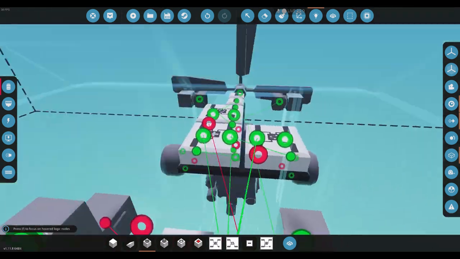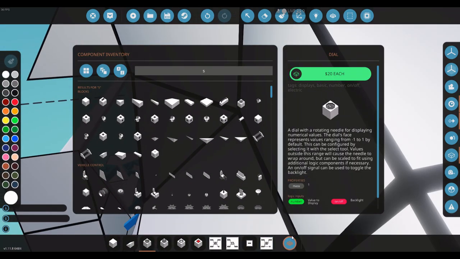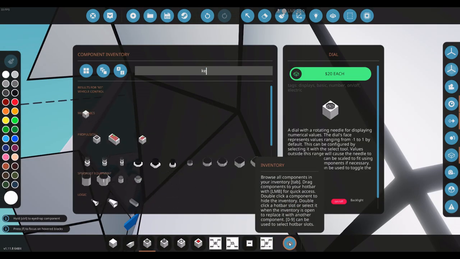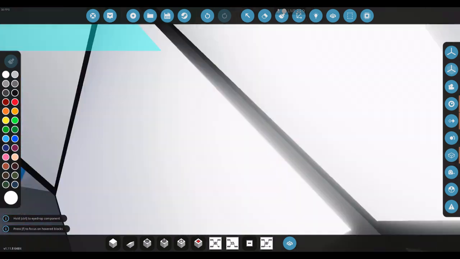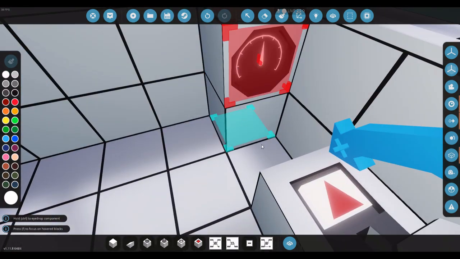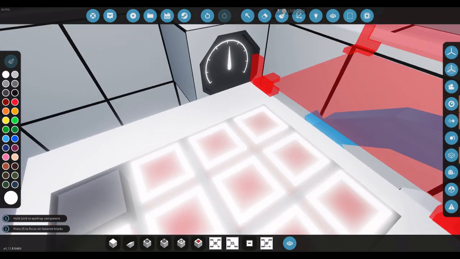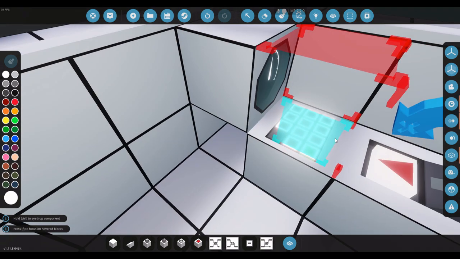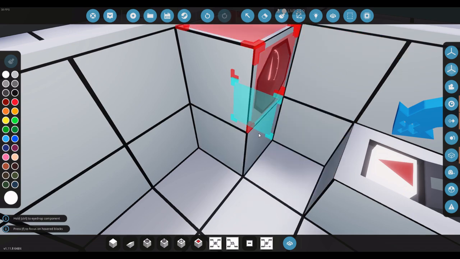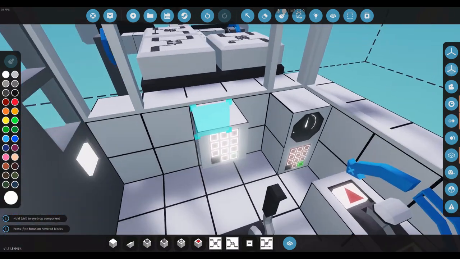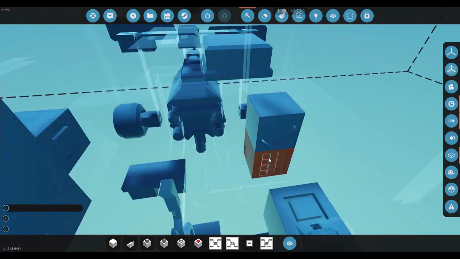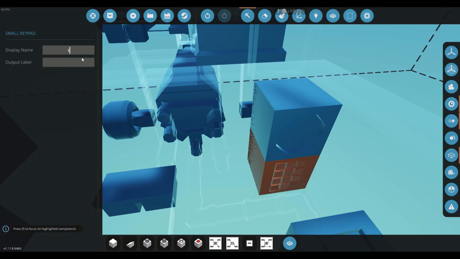The next thing we are going to need is a keypad. So now we go to keypad, put that down. I really hope it lets me put the thing down. It does not. That is not good. We are not going to have a lot of space. We'll put the keypad down there for now. So that's all right. We can call this speed